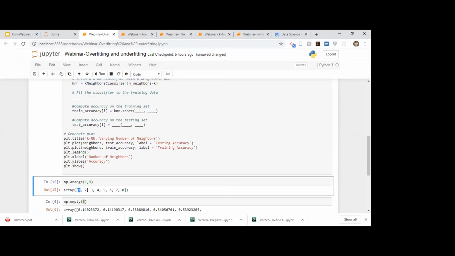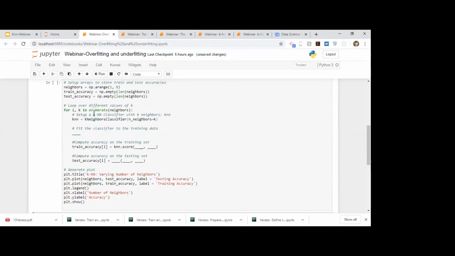It will do it for the other 8 values. So the first pair would be 0, 1. The second pair would be 1, 2, and the third would be 2, 3. This is how enumerate works.